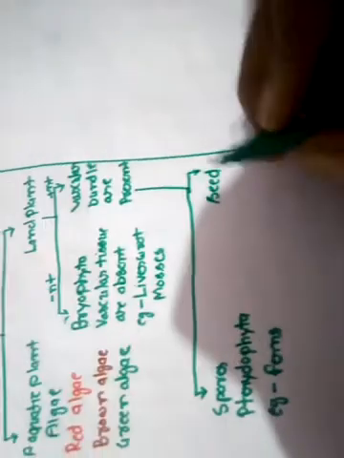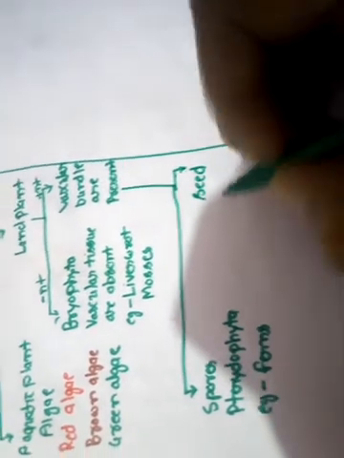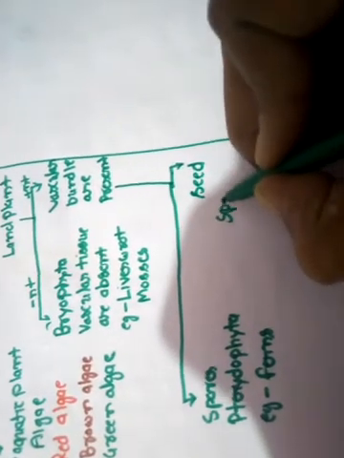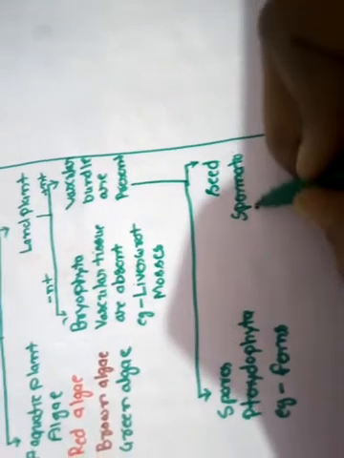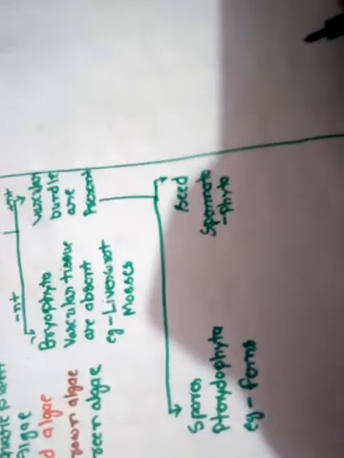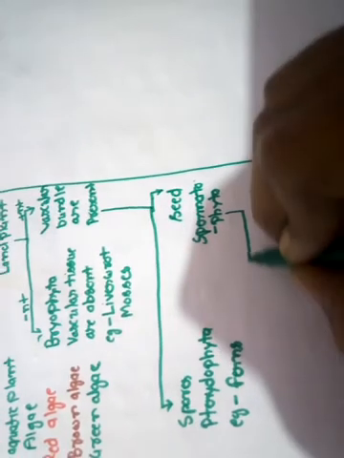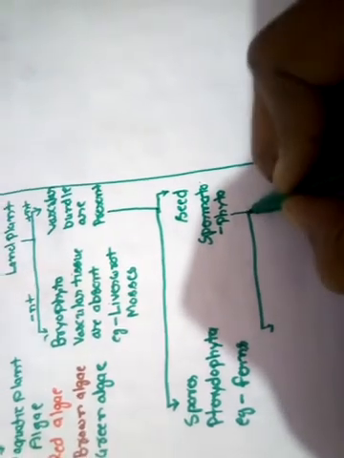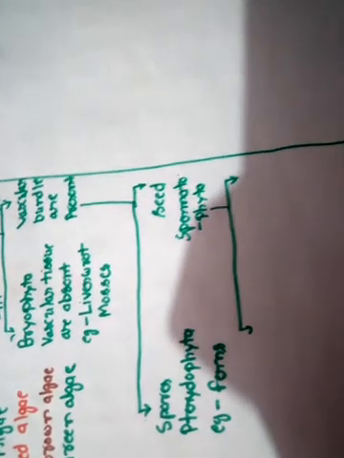And another group of land plants that have the vascular bundle and reproduce with the help of seed is known as Spermatophyta. Sperma means seed and phyta means plant, that means the seed producing plants. Now Spermatophyta is further divided into 2 groups depending upon whether the seeds are covered or